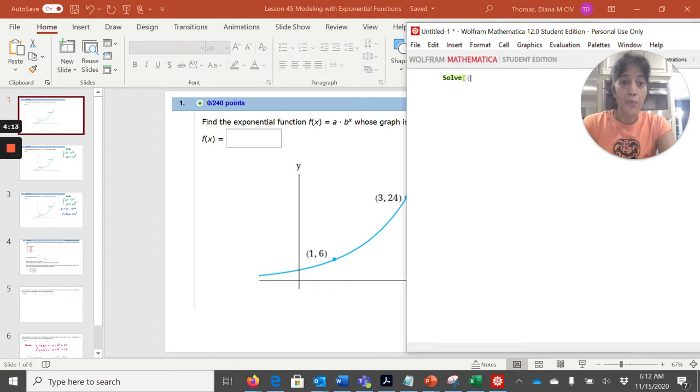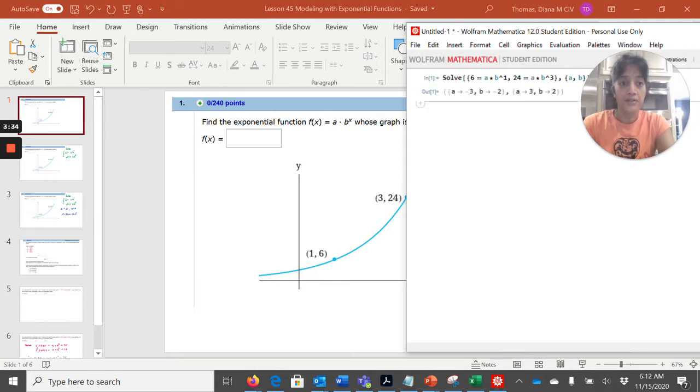For the y value, I'm going to put 6, which is my first y value. Two equal signs, a times b raised to the 1. With this x and this y, it's supposed to fit that curve. I just don't know the a and the b. Dr. Wolfram's going to find that for me. Again, I do the same thing with the other point, 24. I put a comma, 24, two equal signs, a times b cubed. So the x is 3, the y is 24. Close your curly brackets, put in a and b,